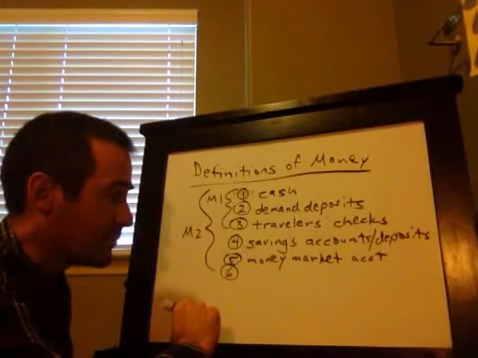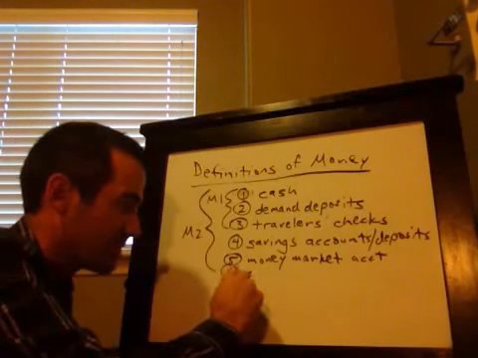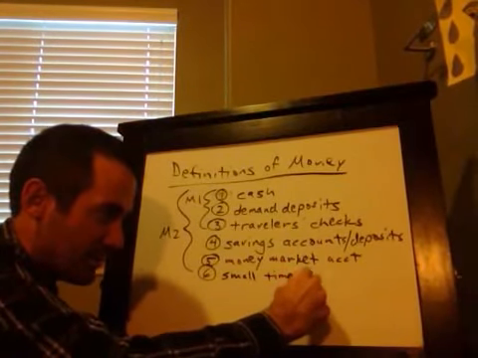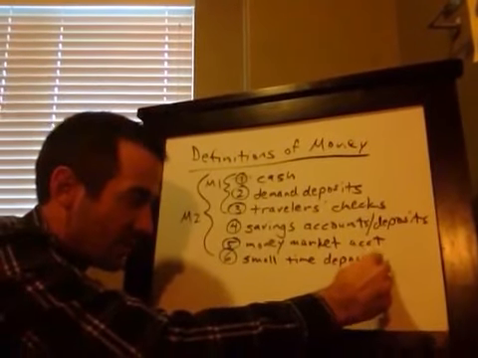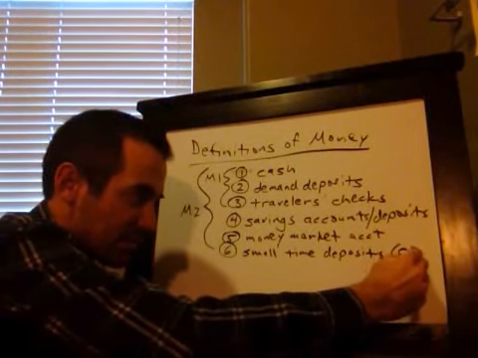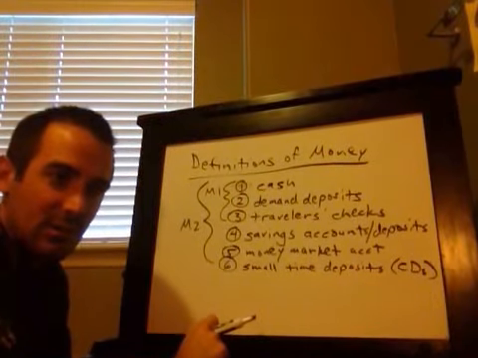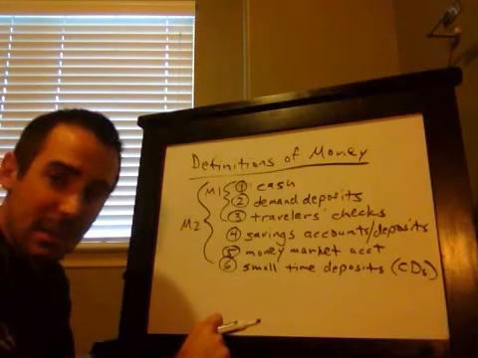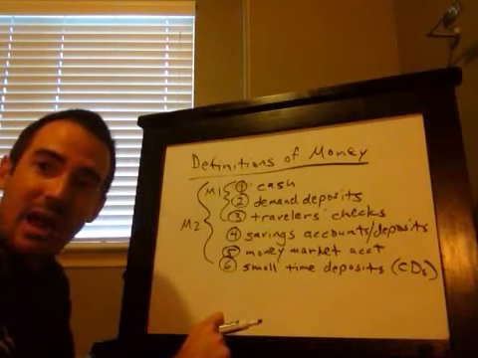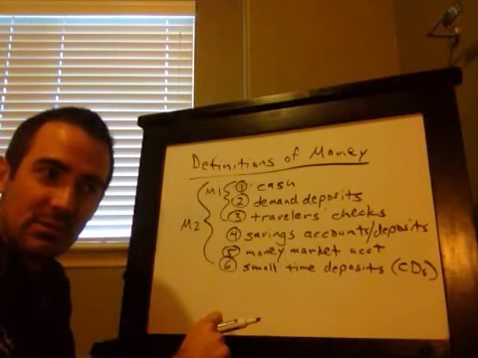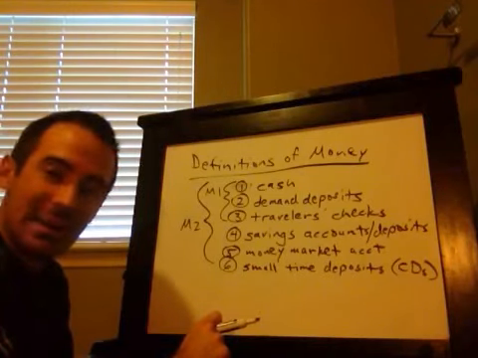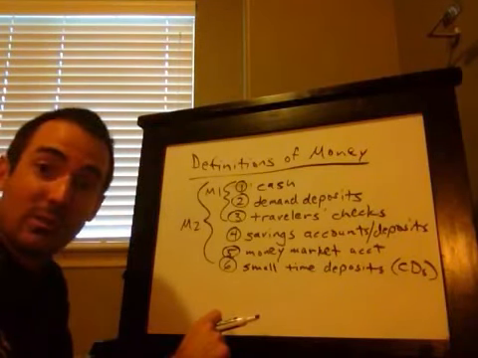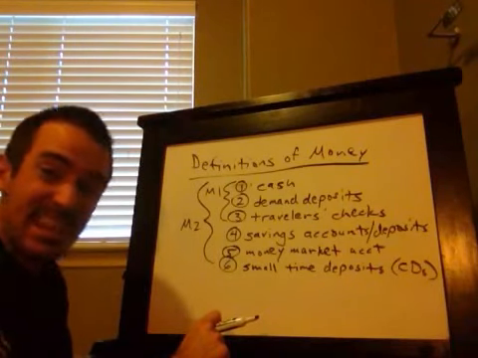The third component of M2 is something called small time deposits, and you're going to see that these are clearly not as liquid as the others. A small time deposit, in the United States, we call these CDs, for certificates of deposit. This is a way to store wealth where you say, I want to keep my money in the bank, but I'm going to promise the bank I'm not going to touch this money for some pre-specified amount of time. I might promise the bank I'm not going to get it for 6 months, or for a year, or 3 years or 5 years. Or you could have a 10-year CD.